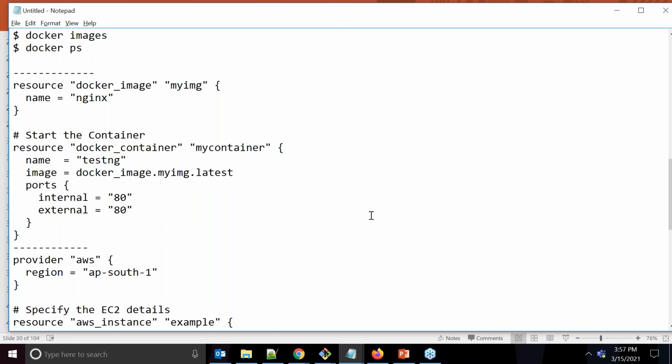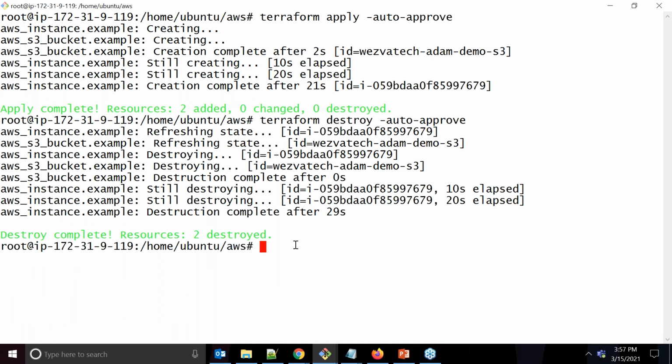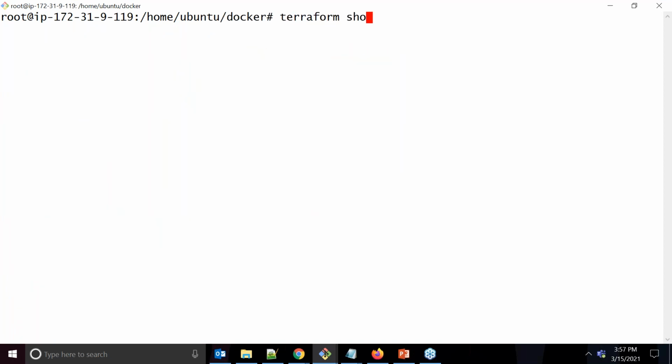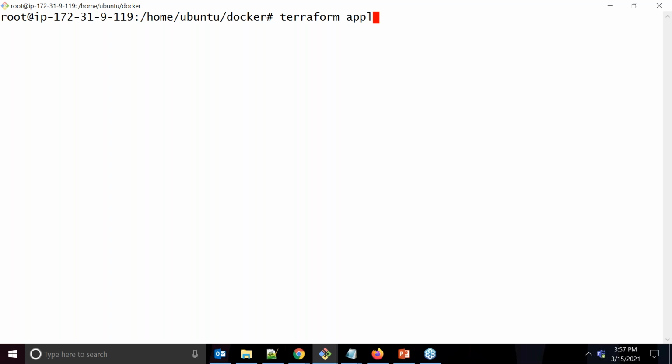Okay, and that is where, if you go back quickly to the Docker example and say terraform show, there's nothing. Now if I say terraform plan, it says two resources, container and image. And here you can see under the image, there is a latest attribute which is empty, which will be known only after generating. And this is where, if you say terraform apply -auto-approve,